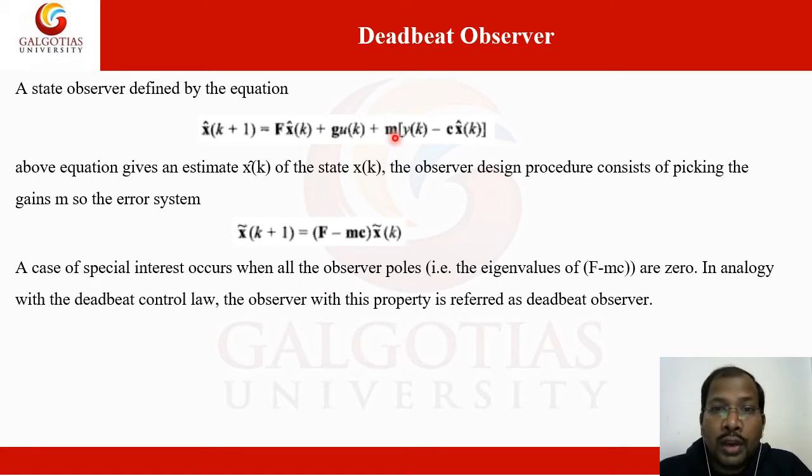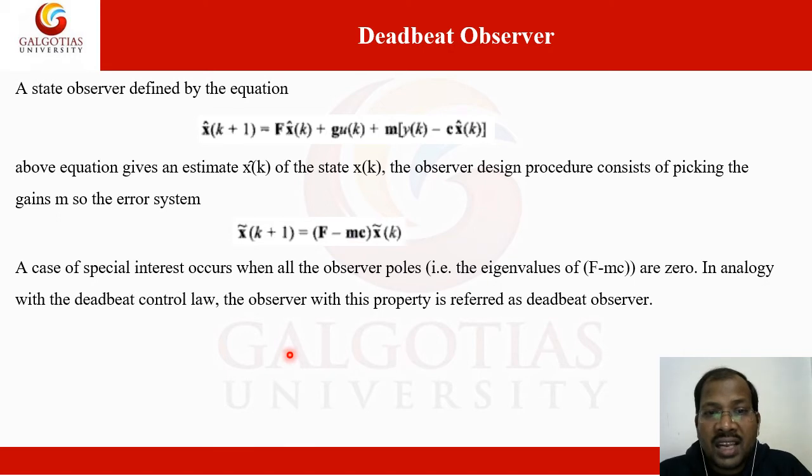So here we are going to design M, which was already discussed in the current observer, the predictive observer, or the reduced observer. So we have to just find out this M. We can simplify these terms. Here we get F minus MC when we calculate the error dynamics of this observer. Here X tilde is the state error, the actual minus the observer states. So this is the state error dynamics, F minus MC.